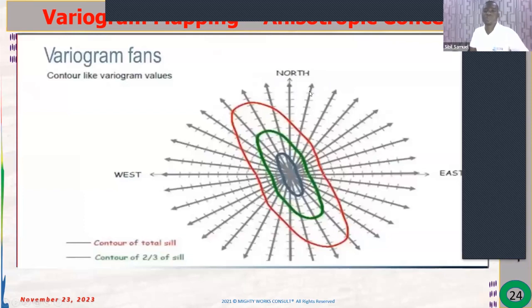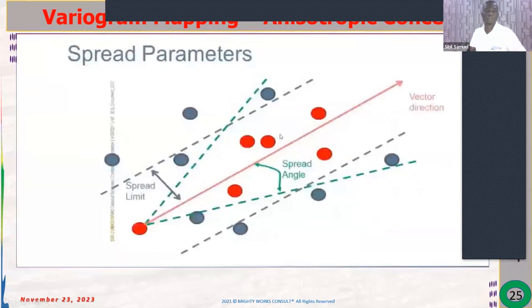Now, a variogram direction here may be 11.5 degrees. A variogram direction here may be 22.5 or 45. These are all variogram directions. Now, wherever I am able to analyze, then I come out, okay, the strike is through this. Then I can say that my variogram direction is along this side. So we have the spread, which is very important in variogram modeling because the spread will tell you the angle that your